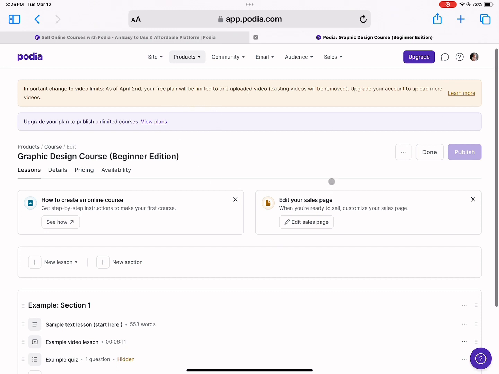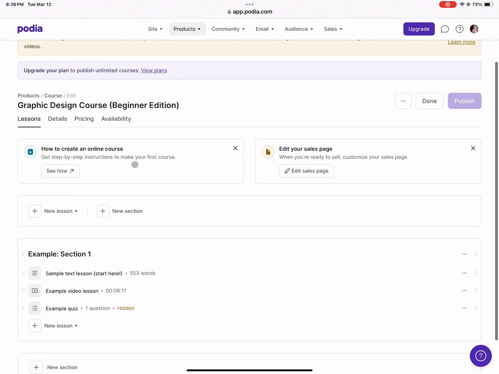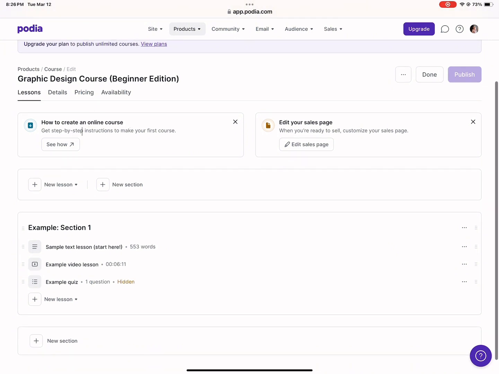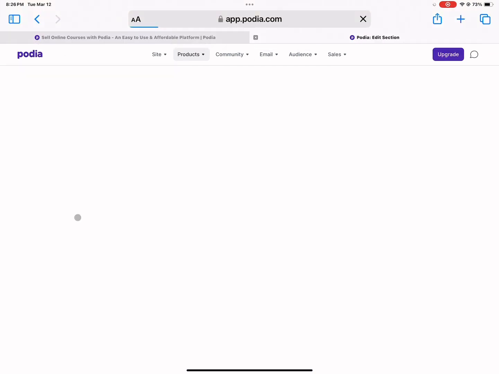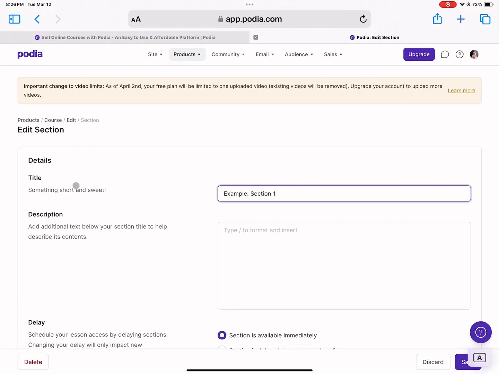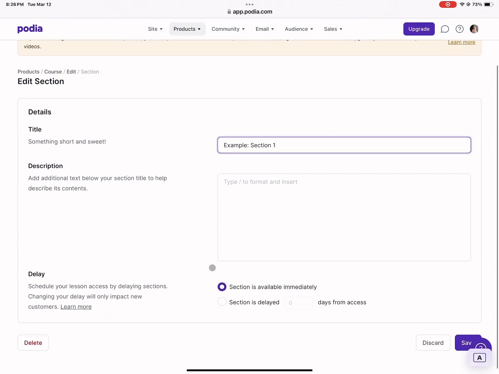You can set all of those stages step by step, but first you need to actually create the bulk of what your course will be, so your lessons. Now you can create your own lesson by just adding text, or you can just click on new section and it will do the same thing that you had for section 1. Now if we head over to section 1, we've clearly got a breakdown of the different parts.